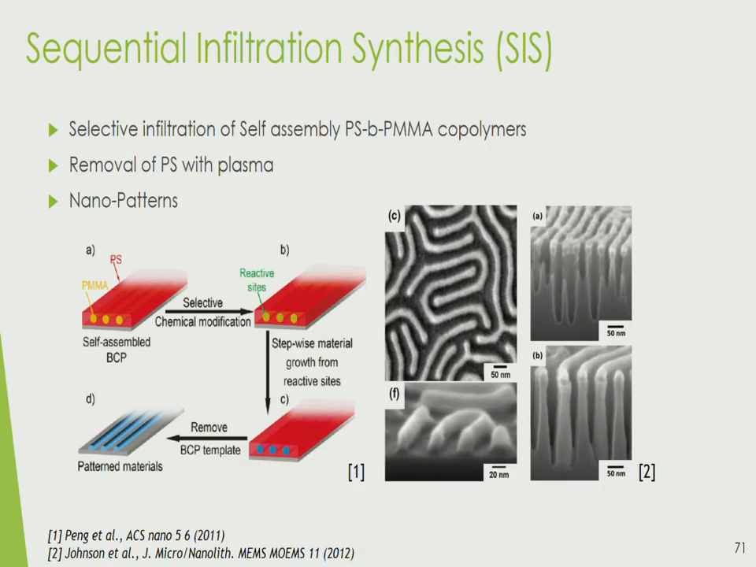Another process is called sequential infiltration synthesis, from Jeff Elam's group at Argonne National Lab. They created selective patterned structures using block copolymer systems of polystyrene and PMMA. The precursor gases diffuse in and react with the PMMA inside, and then you can get rid of the polystyrene, leaving these